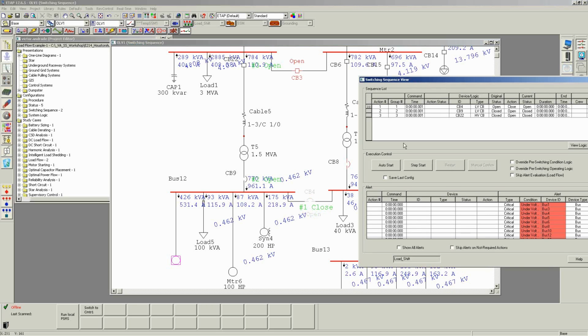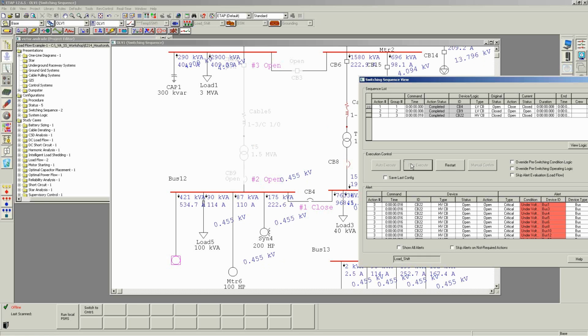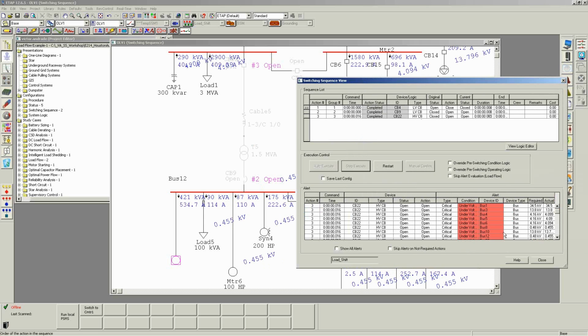And we're going to step through the switching sequence. So the first thing we're going to do is click on step start. So that first condition, now we're closing the main CB4 tie. Next step is to begin to isolate the transformer. Transformer is completely isolated. So I've stepped through all 3 actions. And now,